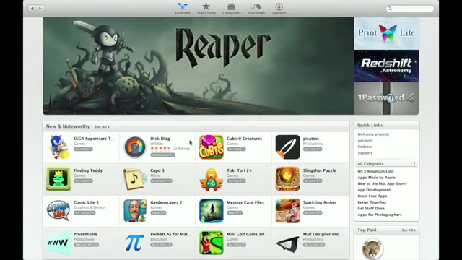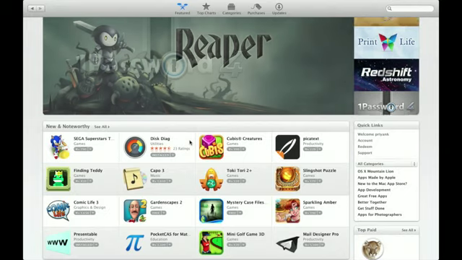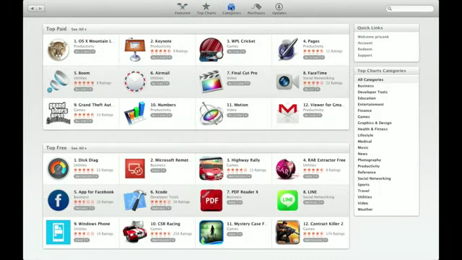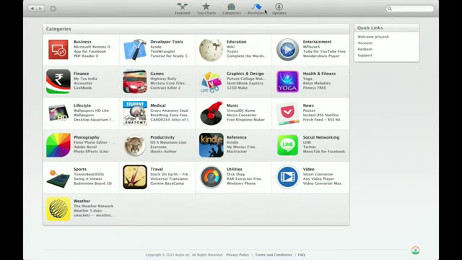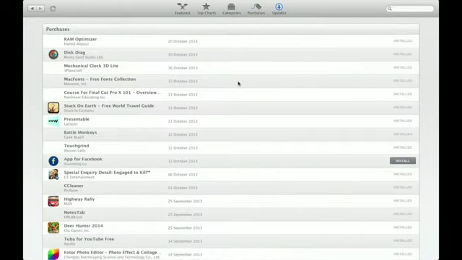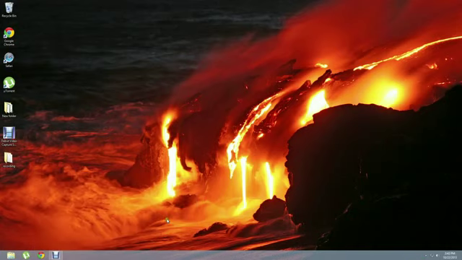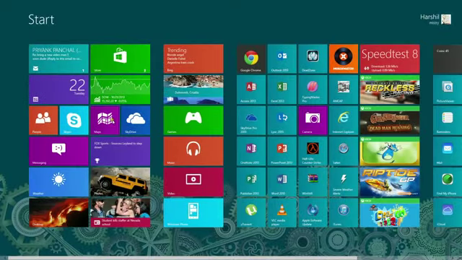Some are free, some are paid, but your work is done even if you don't want to spend. You get free products over here too. The features, top charts, categories, your purchased products, and especially your updates. This is good. So these were the updates. Now moving on to the App Store. Windows 8 has a good App Store inbuilt. This is the store. This is the new